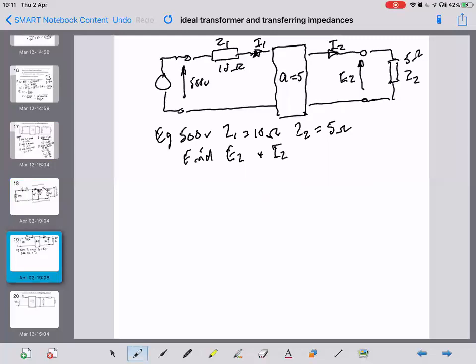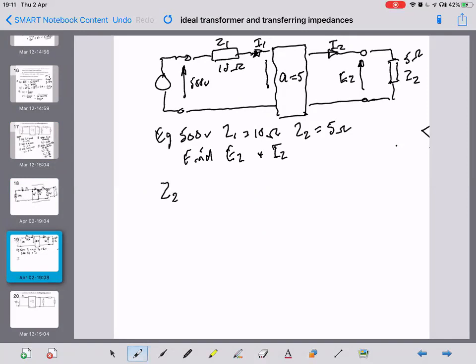There's no way you can do that at this moment in time, because if you had the current I1, you could find the volt drop across Z1, and then you'd know the voltage here. Then you'd be able to apply the transformer ratio to get the voltage here, and you can solve it. But because you don't, you need to move everything over to the primary side to be able to solve this problem. So our first job here is to find